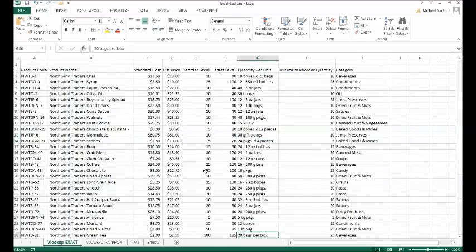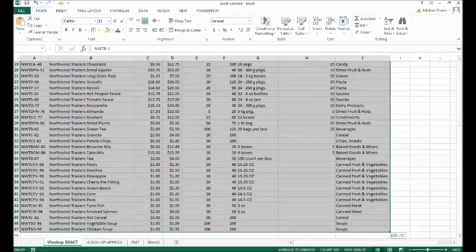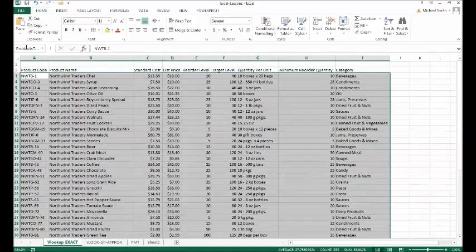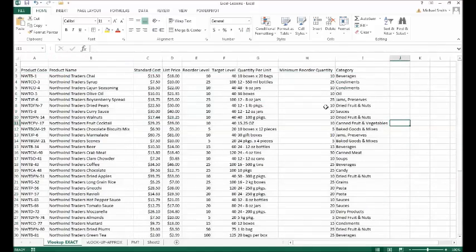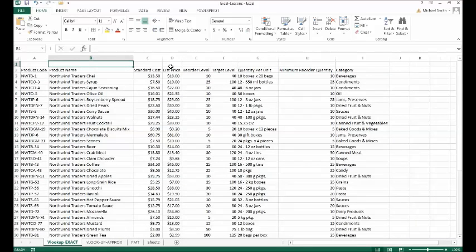Everything seems locked up here. Products table. So now if I'm not in the products table and I want to know where it is, I can go to products table, there it is. Okay, now we can use it in a formula, which we do in the Excel grader assignment,